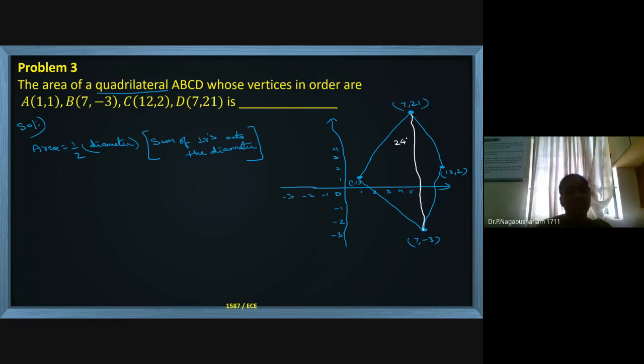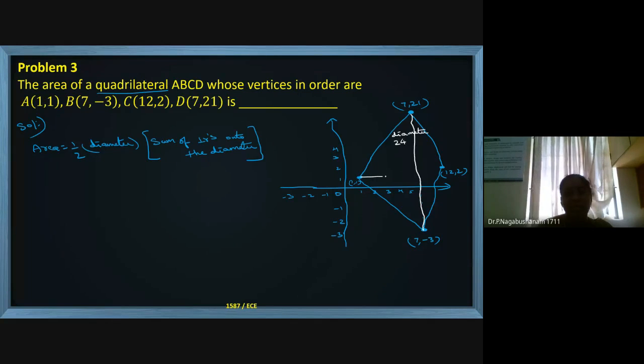Okay, if I want to take in centimeters, it depends on the options, if it is an MCQ with 4 answers. Presently, with respect to the data given, we don't have any units mentioned over here. And 24 is the length of the diameter. Opposite vertices connected in a quadrilateral, that is called diameter. So diameter is 24.